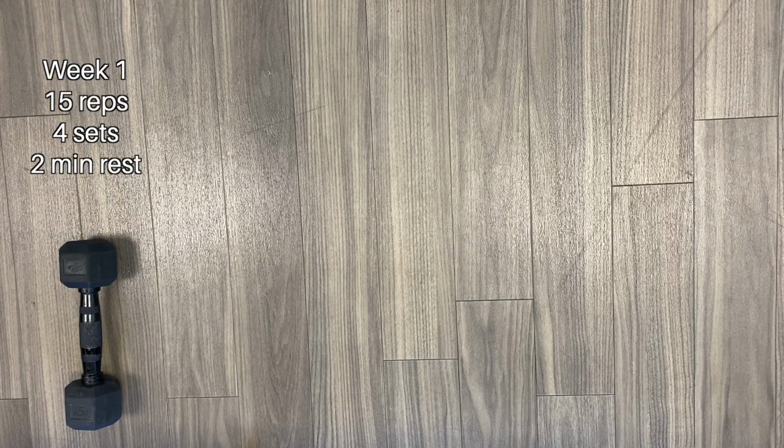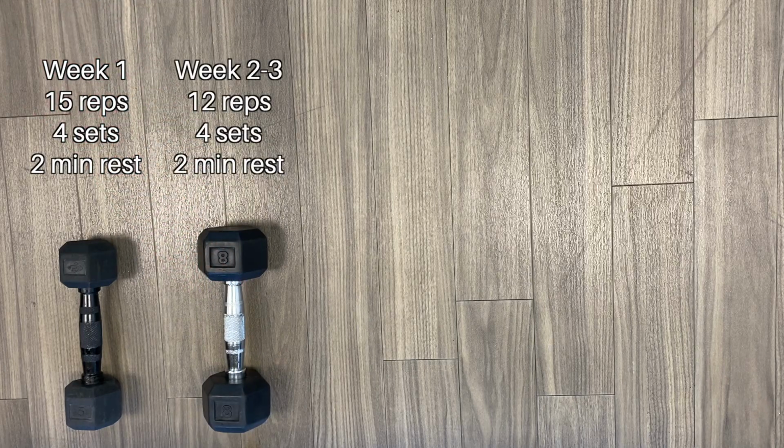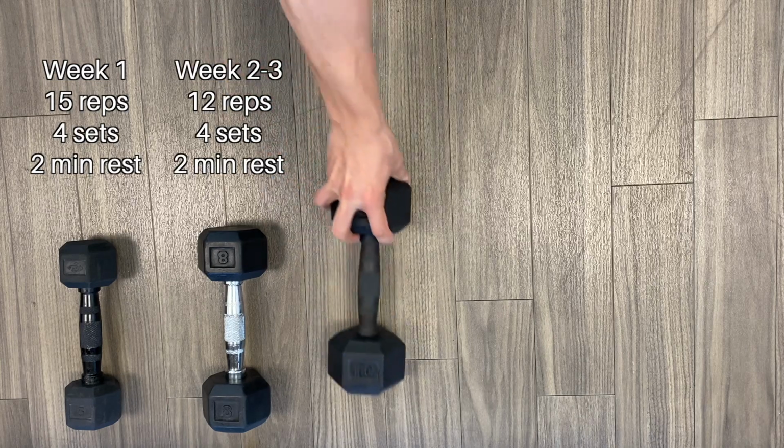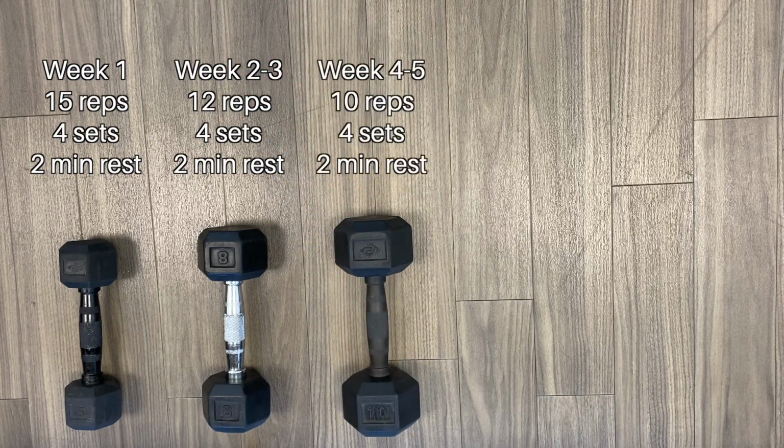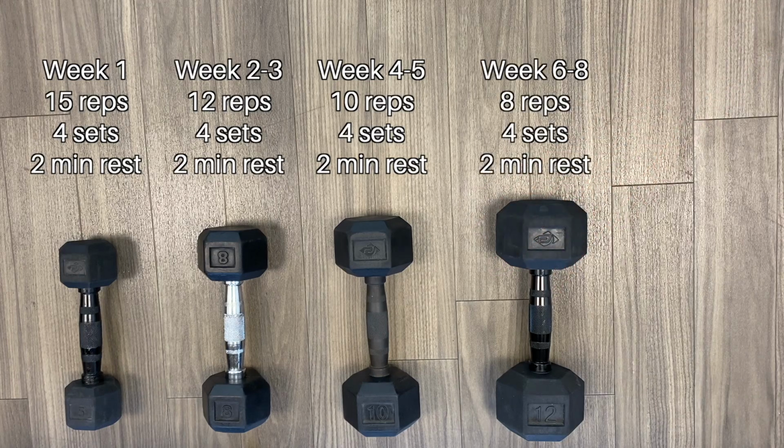For the second and third week, increase the weight, but decrease the reps to 12. You shouldn't be able to complete a 13th rep. If you feel like you can, increase the weight a little further. For weeks 4 to 5, keep the structure the same, but increase the weight and decrease the reps to 10. For weeks 6 to 8, which is a 3-week period, not a 2-week period, further increase the weight and decrease the reps to 8. And finally, weeks 9 to 12, which is another 3-week period, increase the weight and decrease